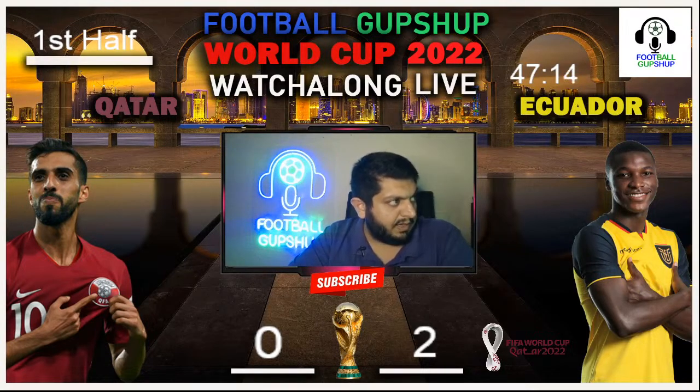Still on the ball over there, but there has been a foul committed and the play has gone down on the ground. So there is going to be a free kick, it seems. So Qatar nil, Ecuador 2. Right now, Felix Sanchez is on the sideline giving instructions, and you can clearly see that he's not happy with some of the things that his players are doing. So he might have a word with them when they go into the halftime, and there might be a slight change in the formation and maybe in some of the tactics.